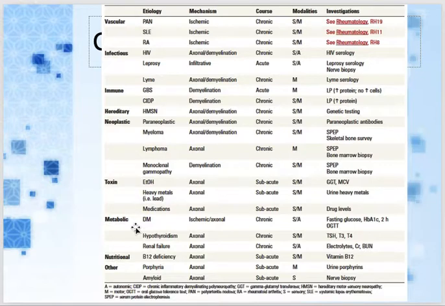But let me tell you one very important thing before going to Guillain-Barré syndrome: whenever there is any neuropathic pain, or pain due to nerve problems or neuropathy, we give them drugs like